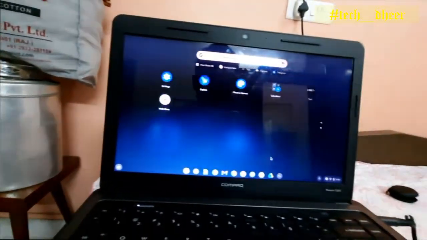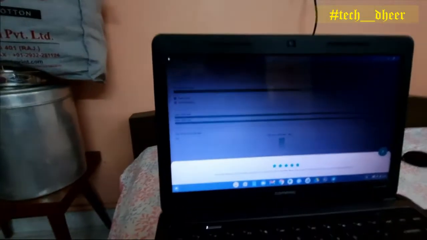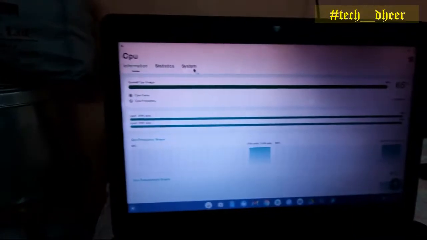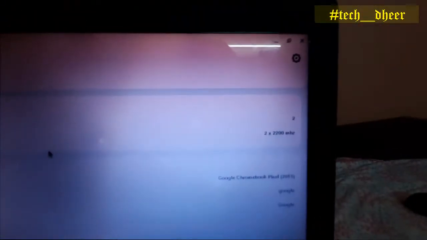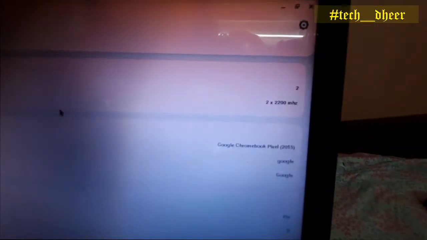I have installed an app called CPU Monitor. In that we'll get the specs. Now about the system, we have only 2 cores, and the CPU frequency is something like 2 into 2200 MHz.